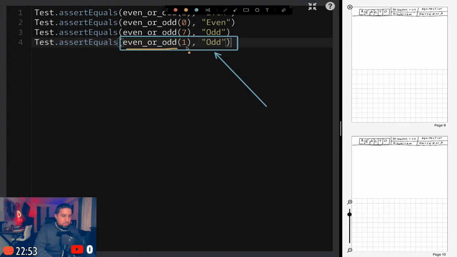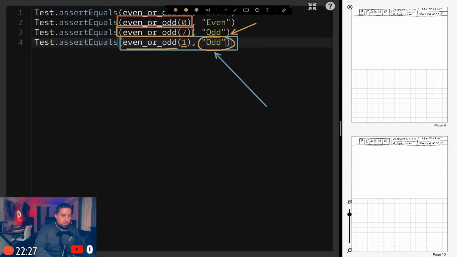We call the function, we pass in 1, and we're supposed to get odd because it's an odd number. Okay. The second one, kind of the same. We pass in 7, we get odd. Let me go for this one here.